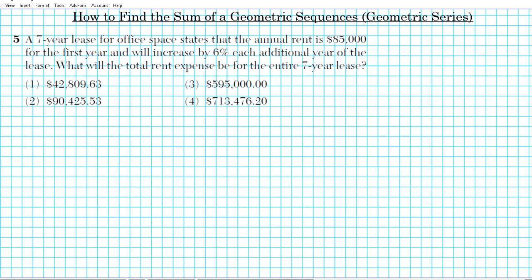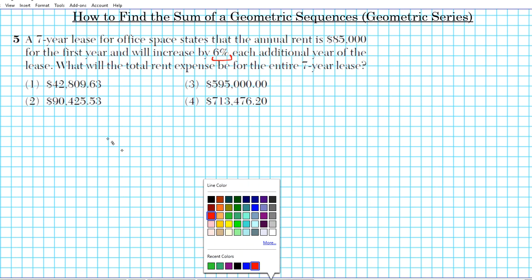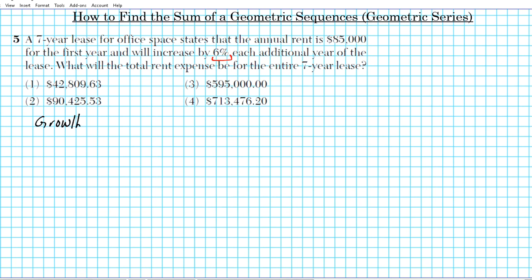Okay, so what kind of terms are being generated in this lease that we're looking at right here? It's increasing by a factor of 6% each year. So is that going to be arithmetic or geometric? So let's note the following point. Growth by a rate of 6% each year